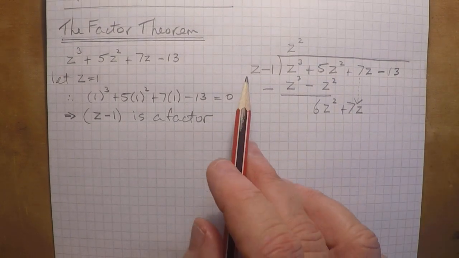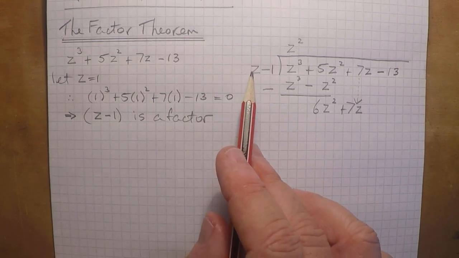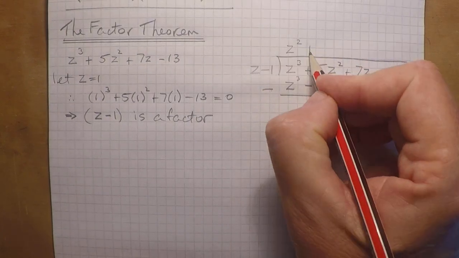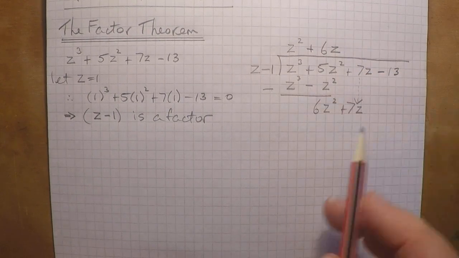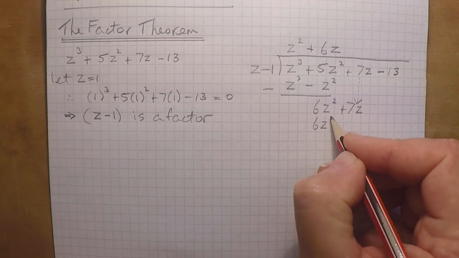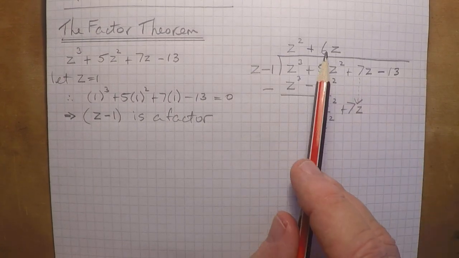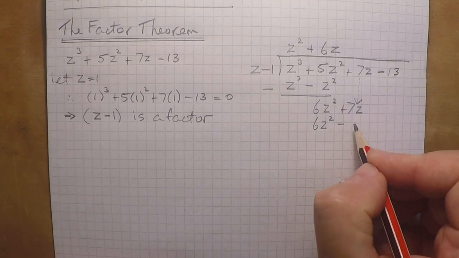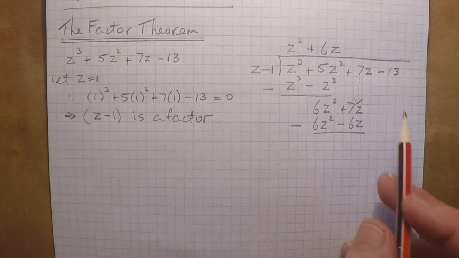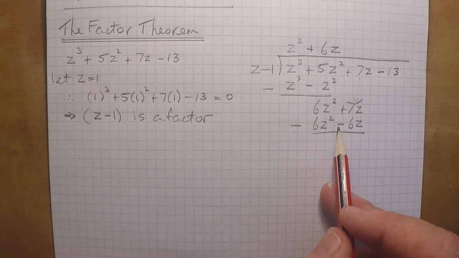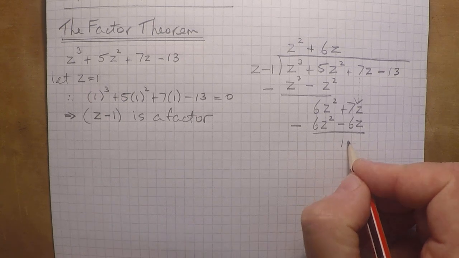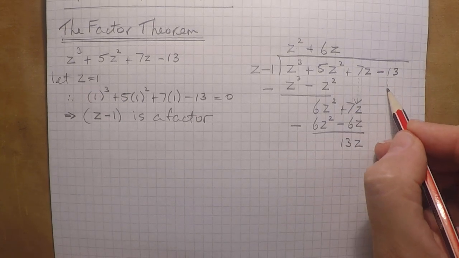7z. Now what would you need to multiply by z to produce 6z squared? That would be 6z. So the next part is 6z. Multiply through. 6z multiplied by z, 6z squared. They must be the same for this to work. 6z times -1 is minus 6z. Subtract these parts. Once again, this is nothing. 7z, take -6, that's the same as add 6. 7z plus 6z is 13z. Bring down the next term,